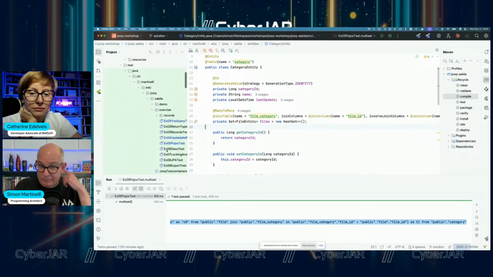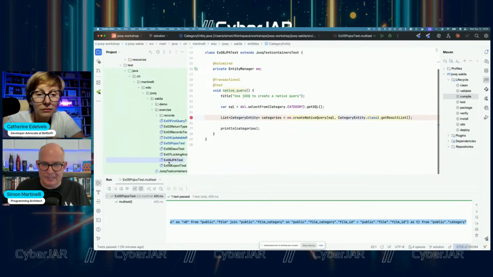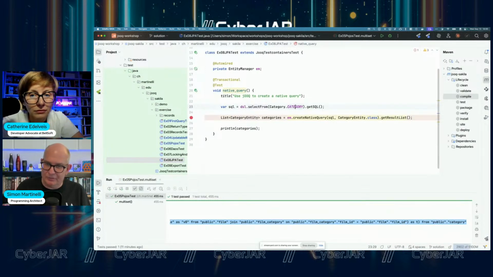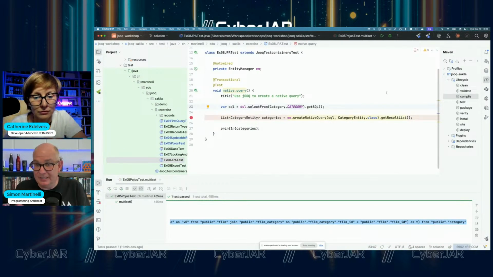And what a lot of people don't know is that you also can use SQL to return entities with Hibernate. Means I can go ahead and say, okay, I want to select from the category every row, every record. And instead of calling fetch to get the result, I say get SQL.